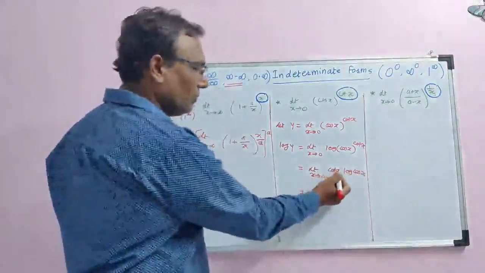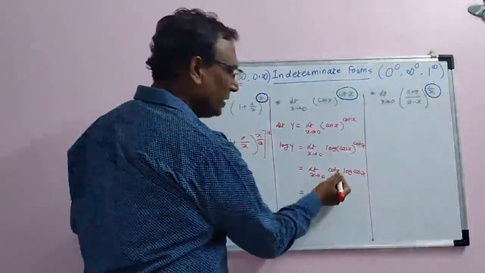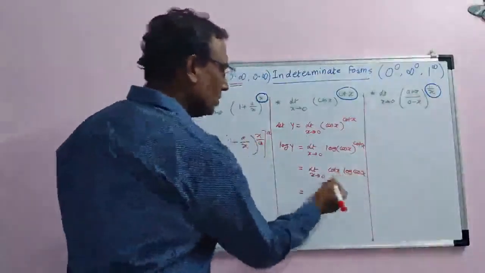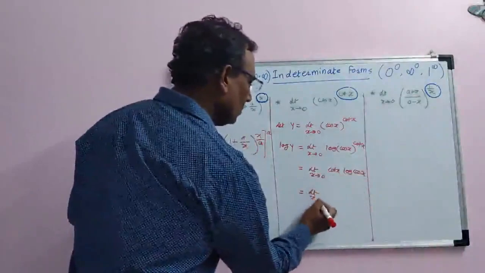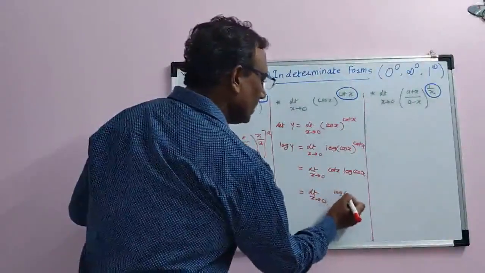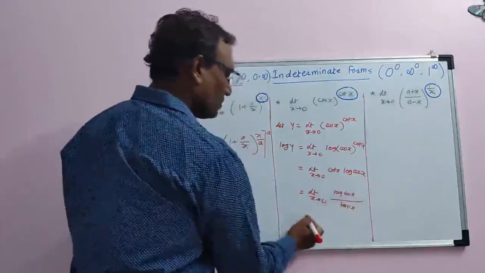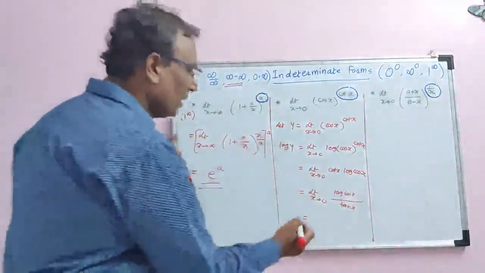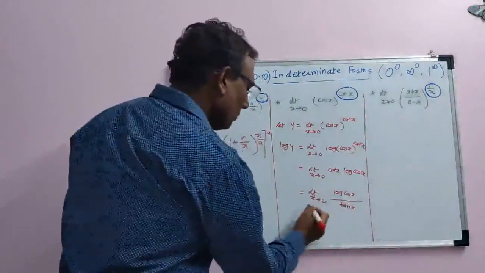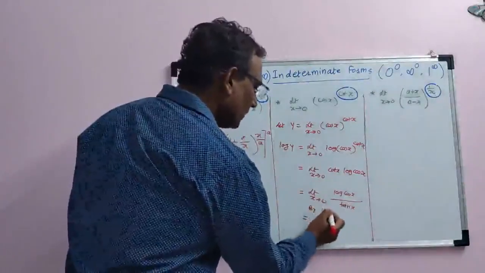Now, cot of 0 is infinity into 0 form. So what to do? This trigonometric function, I am taking in the denominator like this. This cot I have written as 1 by tan. Now it is 0 by 0 form. By L'Hospital rule,